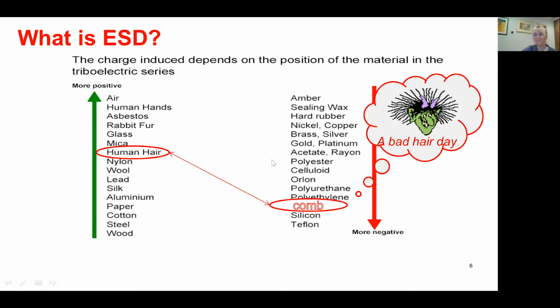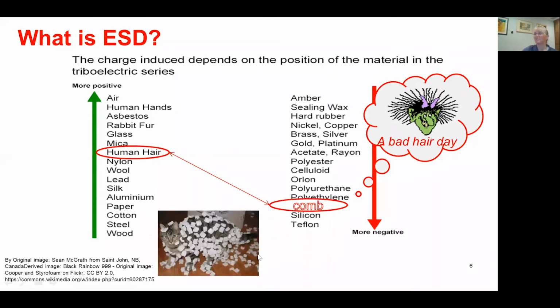We can also see this in a more sympathetic way when polystyrene on cat fur shows the charging effect of, again, the triboelectric series, and the charging effect between the cat having a playful roll around with the polystyrene.